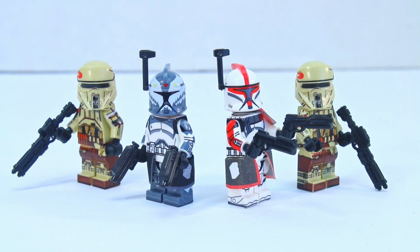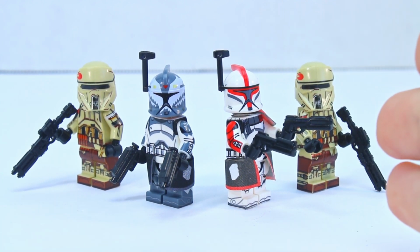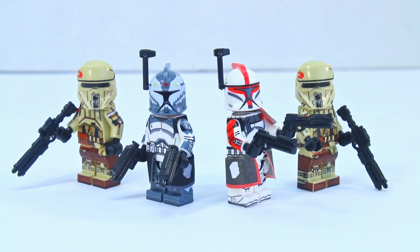Now I want to circle back around to my original question. Is Lego obsolete? And in addition to that, I want to introduce the question of, is it even ethical to purchase these bootlegs in the first place? Now, in terms of the first question, Lego's quality has been slipping for a while now. Figures seem to crack quicker. Lego makes more and more lazy choices. For example,